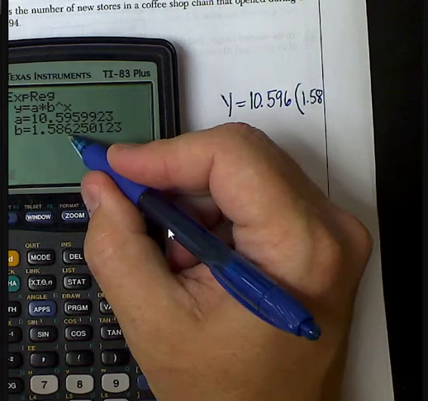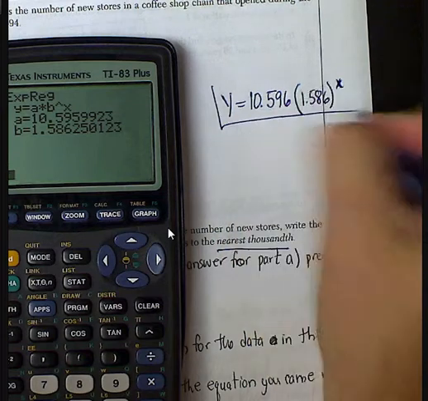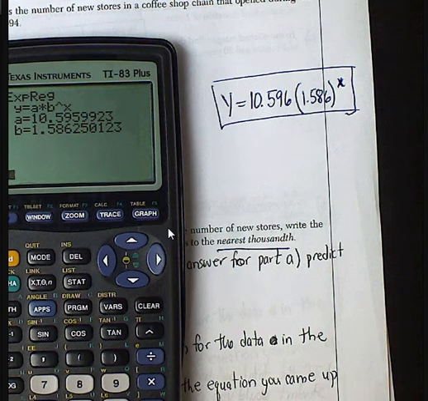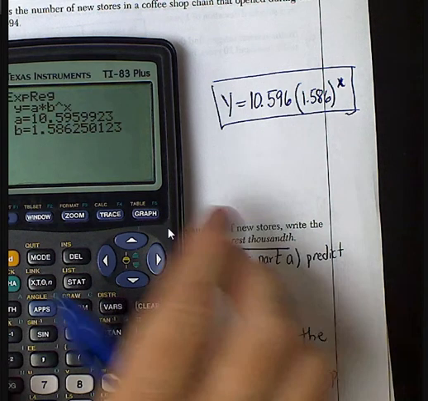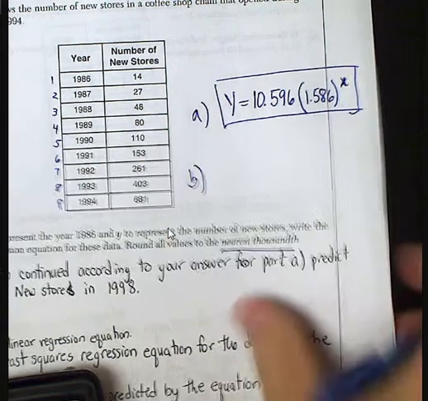The thousandth is a 6. It stays raised to the x. There is your linear regression, or not linear regression, but exponential regression equation. Alright, and then part B, so that's your A, and then your part B, reading the question now, forgive me,